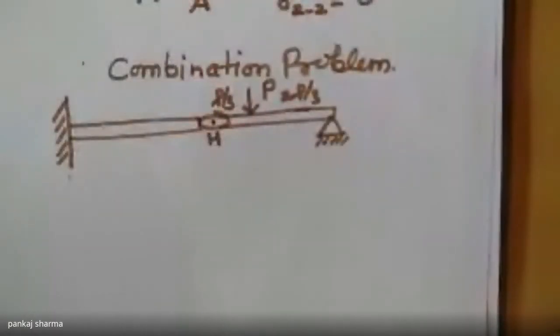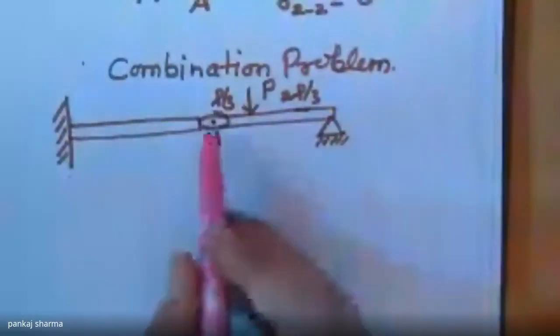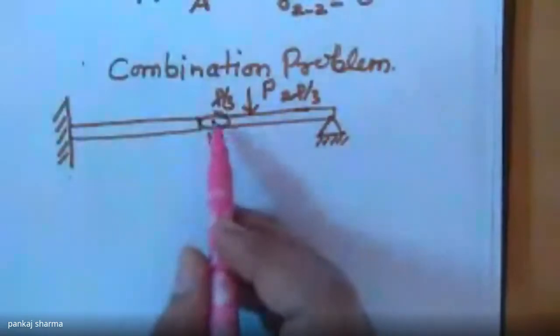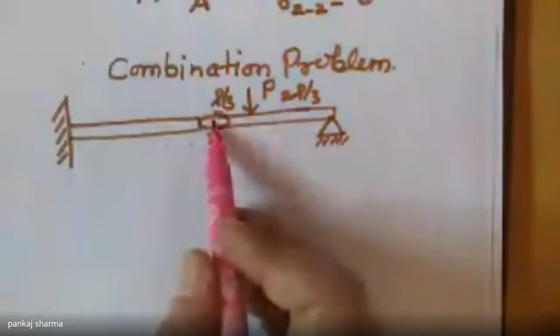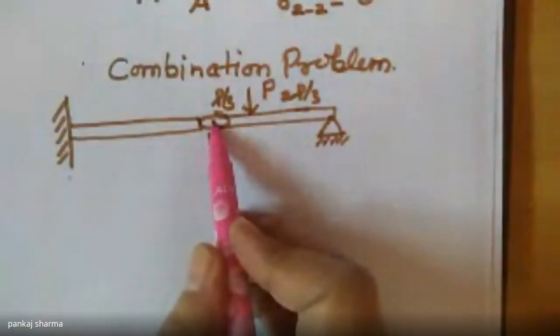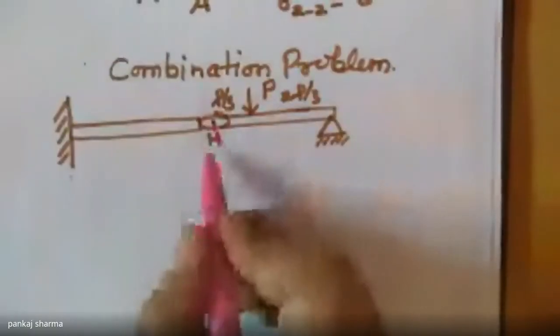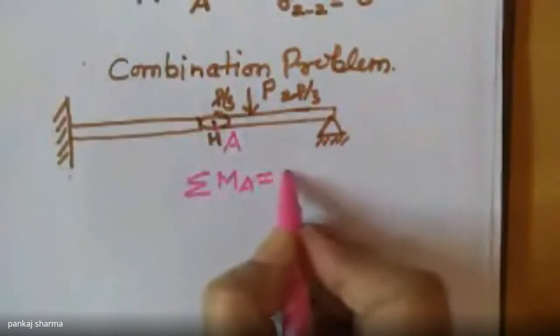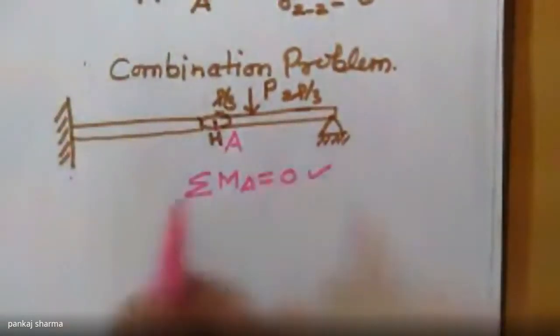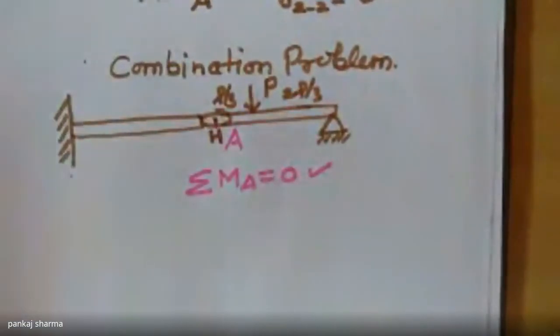So what do we want to calculate? First of all, we draw the free body diagram for this beam. The main property of a hinge joint is that the vertical force, the shear force, may be transferred, but the moment reaction must be 0. So the moment with respect to, suppose, point A must be 0. That is a very important property of a pin joint or roller joint.